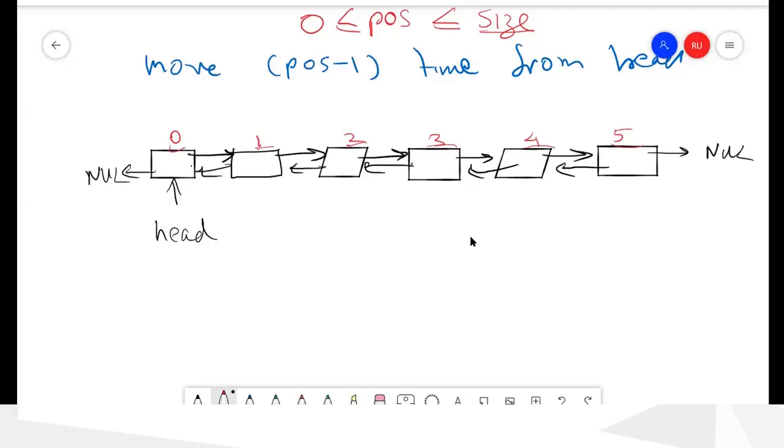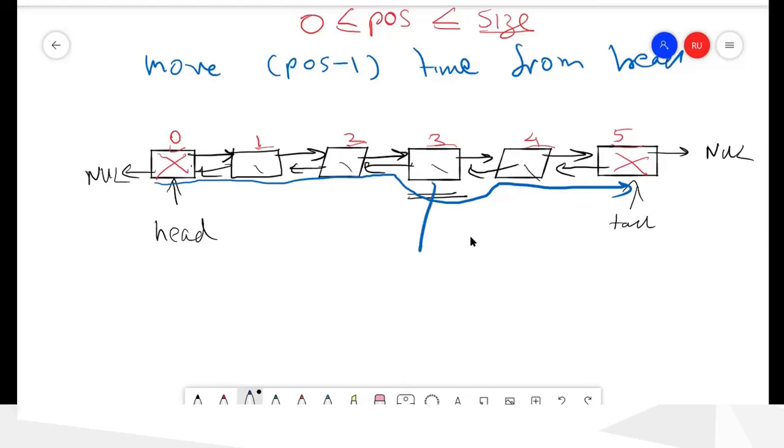Okay, so deleting this one we have already programmed, deleting first, and deleting last also we have created. And now we want to delete these middle nodes. Okay, for example, we are going to delete this node now. So how do you do it? So after deleting, your list should go like this. Okay, so this node should be removed from the list. So to do that, first we will move to that node.